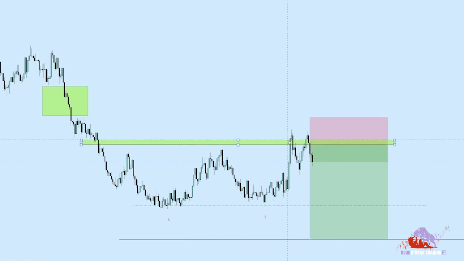Price comes up, it rejects. I missed this entry. It comes back up again to this gap if you look right here, and price rejects. So at that point, I'm entering the trade here. My stop loss is going to be